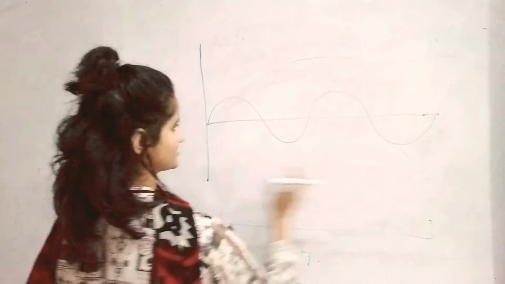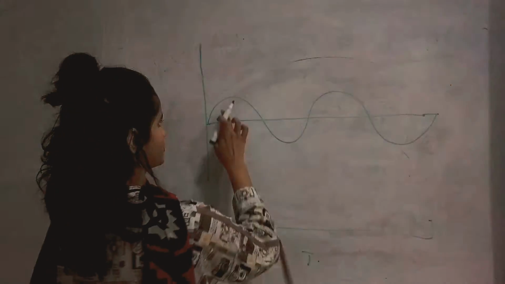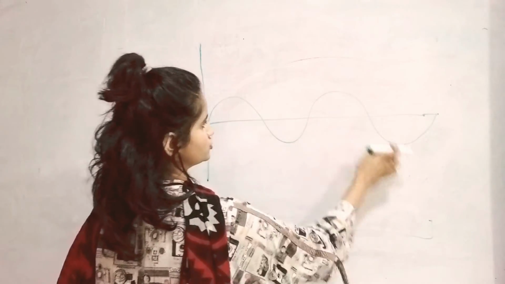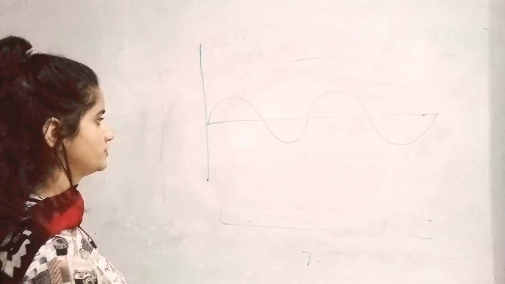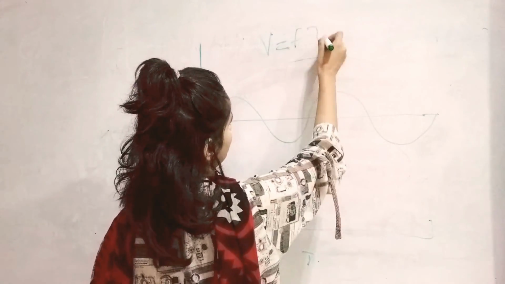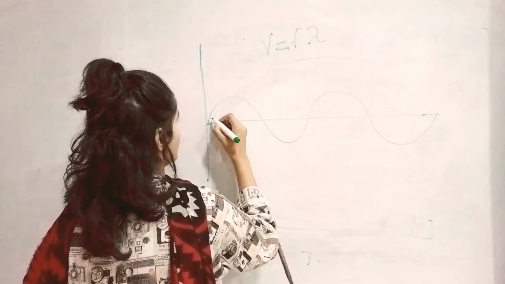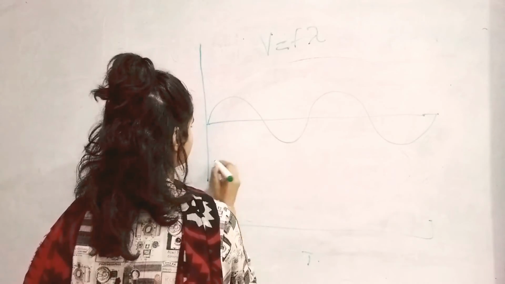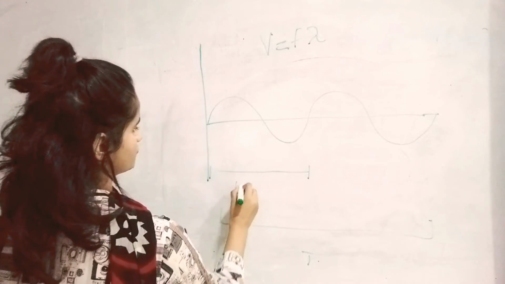For example, this is the duration of 1 second. In this 1 second duration, one wave, two waves are produced, so the frequency of this waveform would be 2 and it would be denoted as V is equal to F lambda. It is a formula for that. Now wavelength. What is a wavelength? Distance traveled in one wave. So this is one wave and the distance traveled here till here, it would be known as its wavelength.